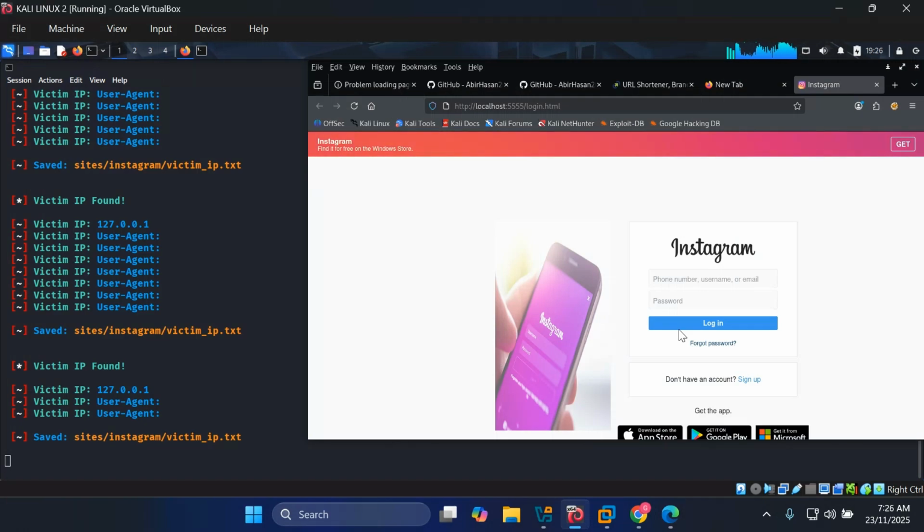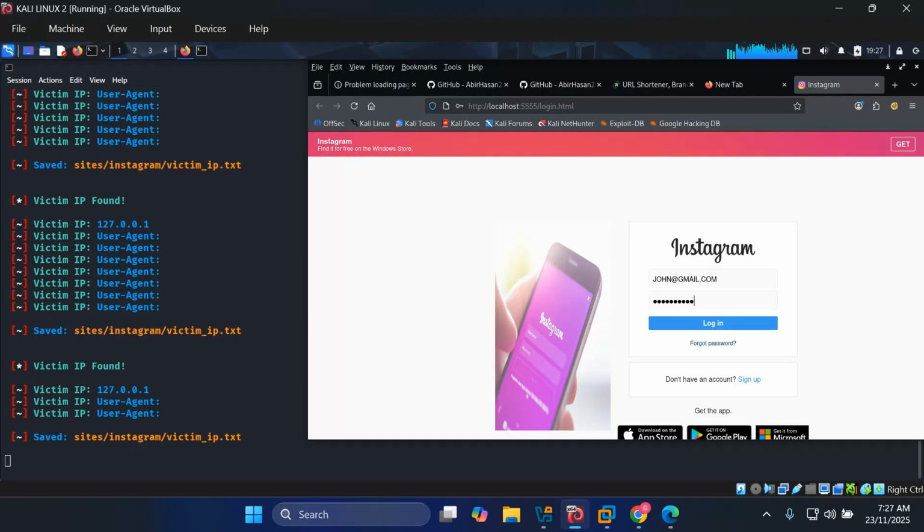What you're looking at here is a fake Instagram template or web template created to lure a victim into inputting his username or his password so that an attacker can harvest those credentials. If I do, for example, I give it a name like John at Gmail, regardless of, I know emails are lower case, but I'm going to use it like this. I just want to demonstrate this. If I give it a password like